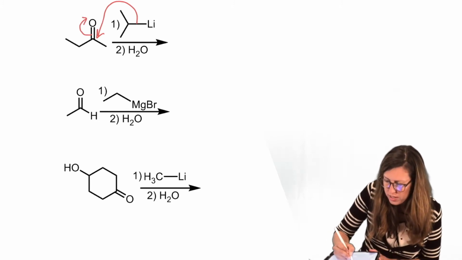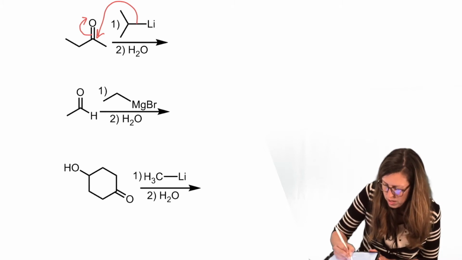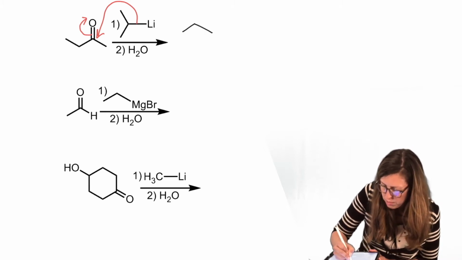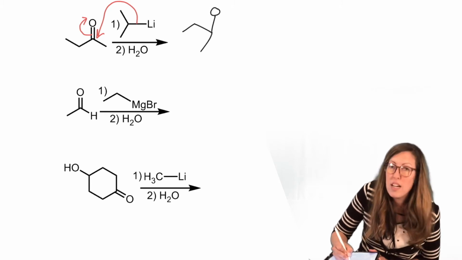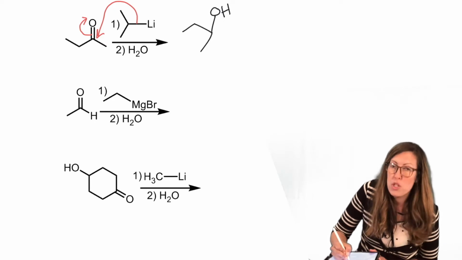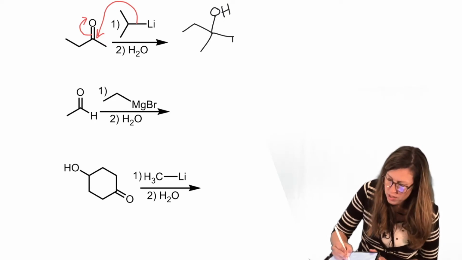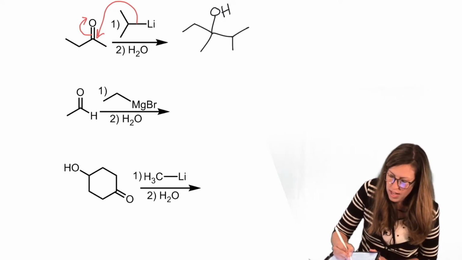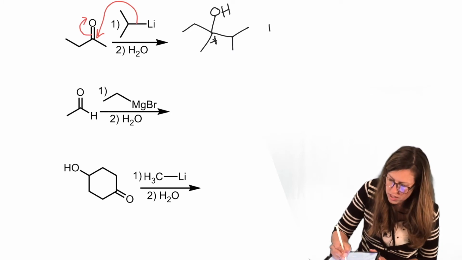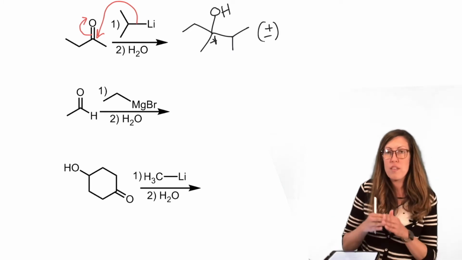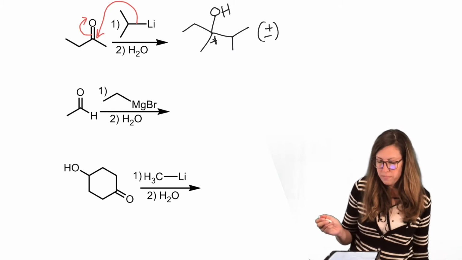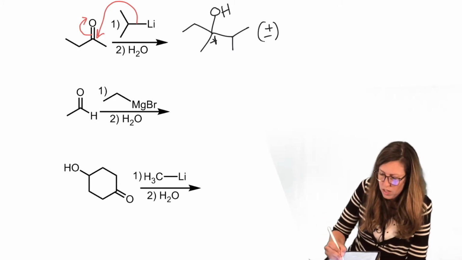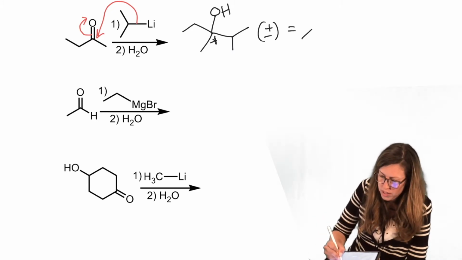So that's going to give us ethyl. Is it? Oops, that's kind of an ugly ethyl. Ethyl's attached to that carbon. Methyl's still attached to that carbon. O minus got protonated to OH from step 2. And the new group is isopropyl. And this is racemic. I'll put plus or minus, or you could draw the full set of enantiomers, right? So don't forget that's what that means. So remember that equals, just in case we're not comfortable with that.